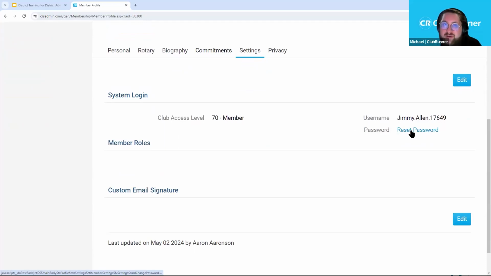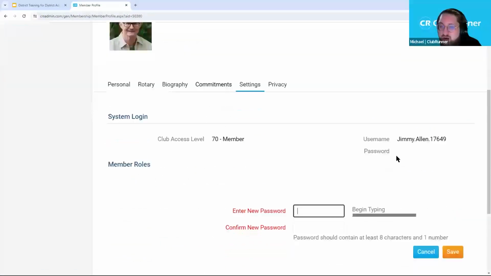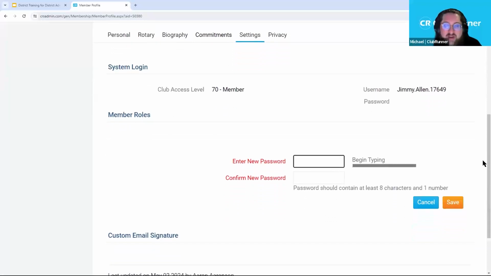see just below the username. As a district admin, we can go through if a member has not been able to or is struggling to log in, we can change their password to something temporary so that they can go ahead and get logged in. The password needs to contain at least eight characters and at least one number in order for it to be accepted. So we can go in and we can change the password, say